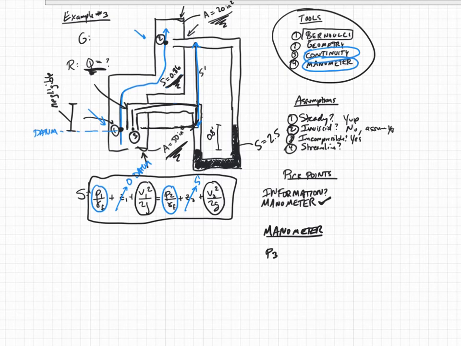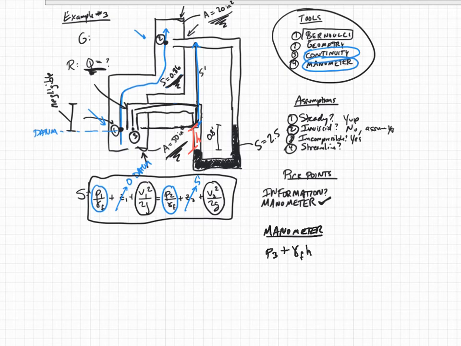And then I'm going to go down some bit. I don't know how much that bit is, so I'm going to go down some bit. What do we want to call that? Well, I need a name for it. Why don't we call it h? Okay, so if I go down h, that's going to be plus, because I'm going down, gamma of the fluid